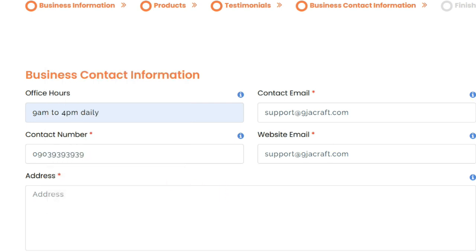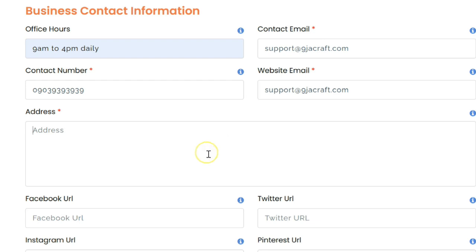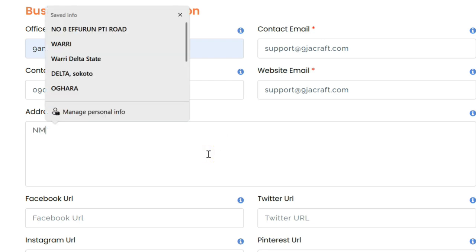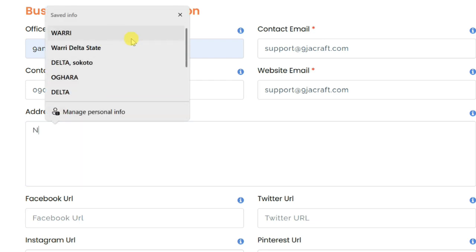Maybe the address of your company, you can put it number 5 Ring Road.